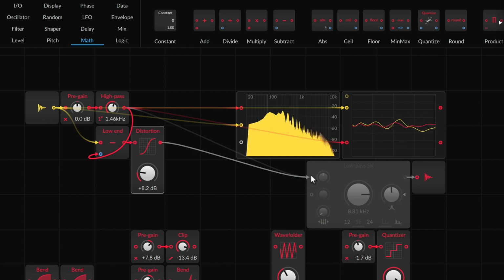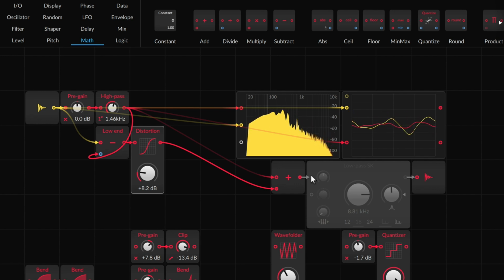I can hold down the control key to merge the signals with an add. We do have all those commands listed in the footer. And I'll remap this so we actually see the full output signal. So now the high portion isn't being tweaked at all. It's only the low portion that's having some distortion added.